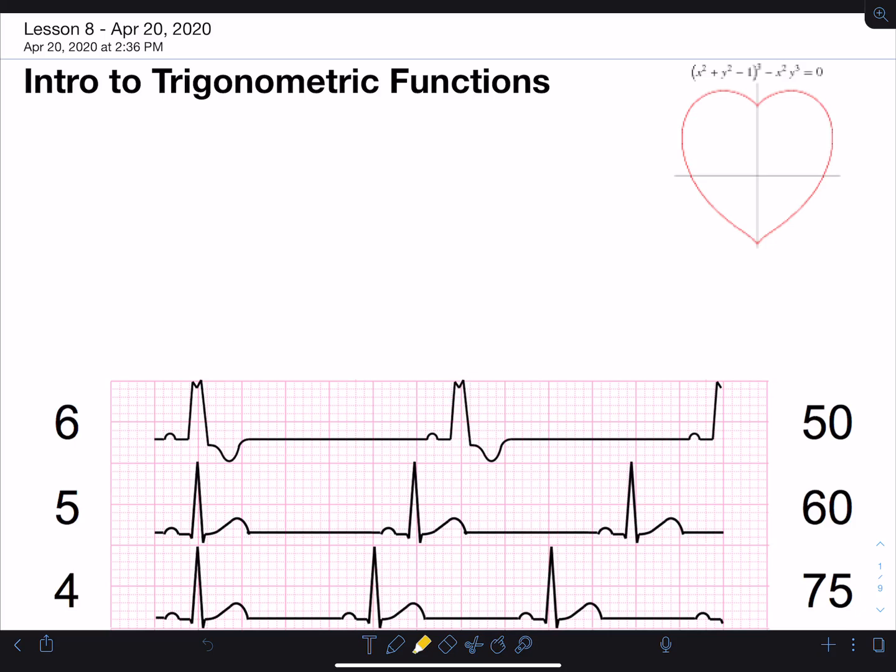I was looking for heartbeat graphs and just happened to find a nice little graph. I think you can see it here up in the corner. There you go. There's the equation for the heart. Very nice. Anyway,